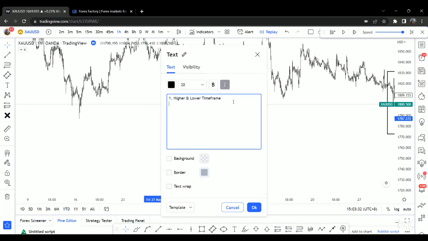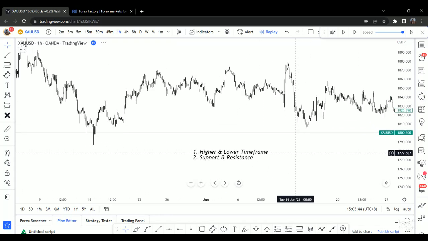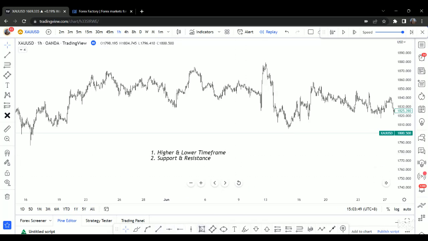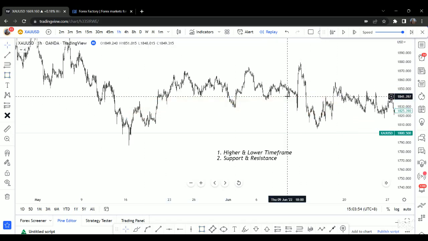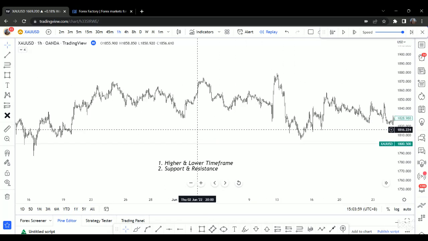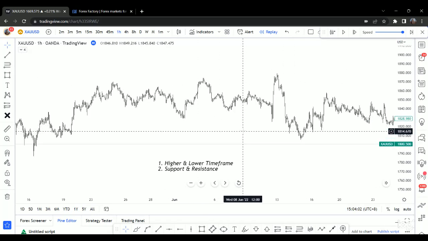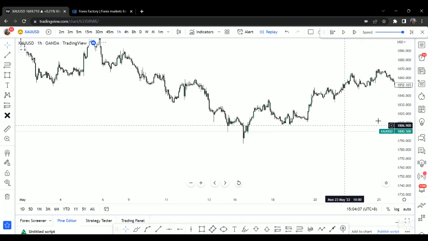The second point is basically your support and resistance zone or level. Support and resistance comes in 2 ways. We all know that it comes in dynamic and it comes in static. Static means horizontal support and resistance, something like this, a zone or a level, up to you. Dynamic means a trend line, a moving average, whatsoever. Support and resistance helps you to guide your short-term market structure. So assuming right now, if you are looking at here,